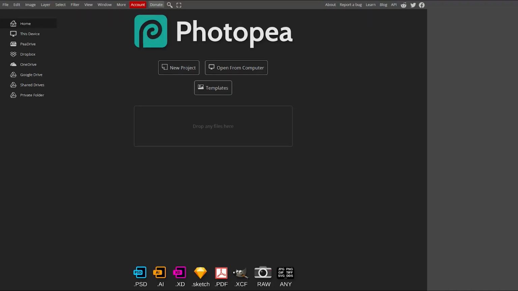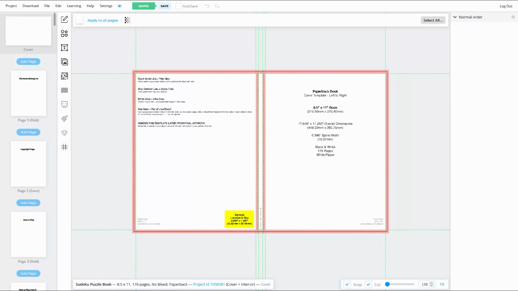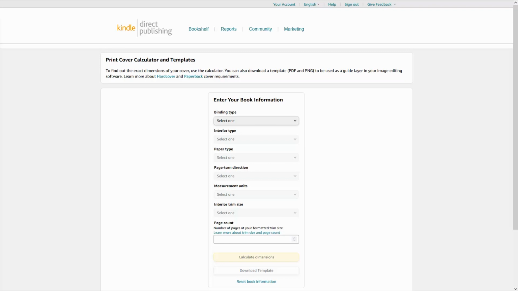Now before I jump into Photoshop, I need to download a cover template from KDP just to make sure that all of my graphics are in the proper places. You can download a cover template using KDP's cover calculator, and I'll put a link to it in the description section of this video. On this calculator, all we're going to be doing is filling out our information about our